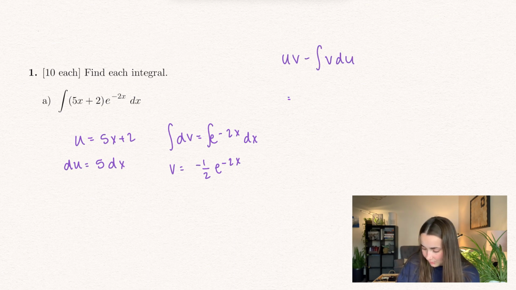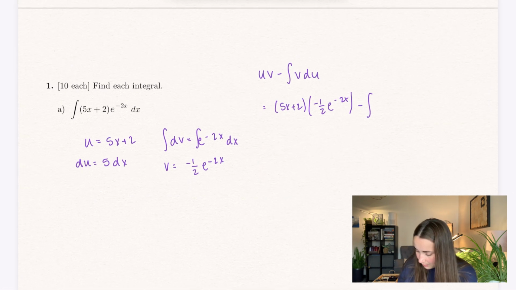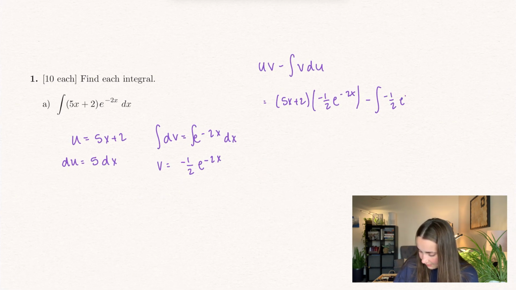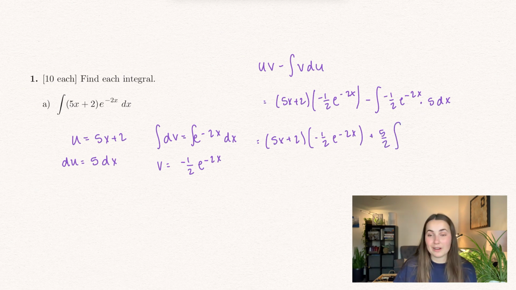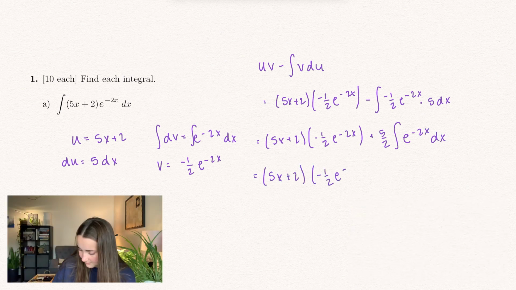So let's go ahead and fill that in. We get u, which is 5x plus 2, times negative 1/2 e to the negative 2x, minus the integral of v, that's going to be negative 1/2 e to the negative 2x, multiplied by our du, which is 5 dx. So here you can just leave that first term as is, right? Here I'm going to bring out all my scalar multiples, so that becomes a plus 5 over 2, and all that we're integrating is e to the negative 2x dx, which we know how to integrate. That becomes plus 5 halves, and we're going to multiply that by negative 1/2 e to the negative 2x